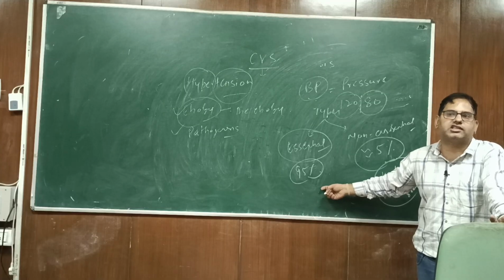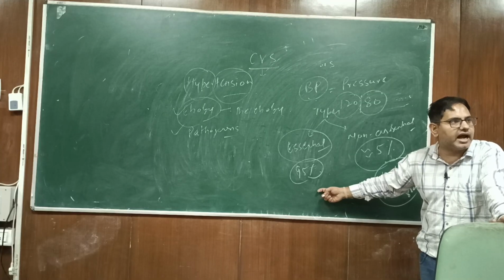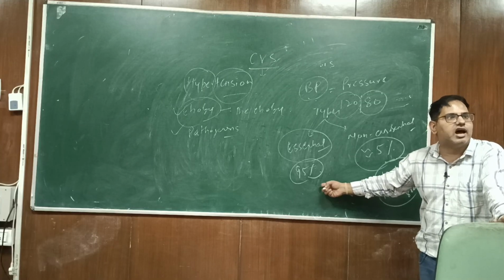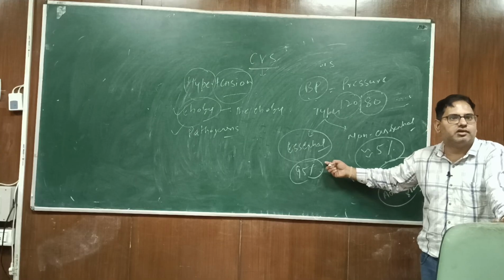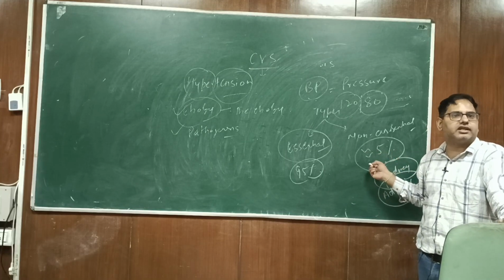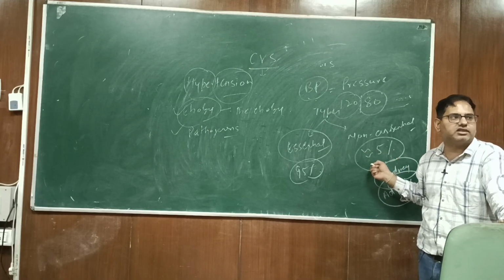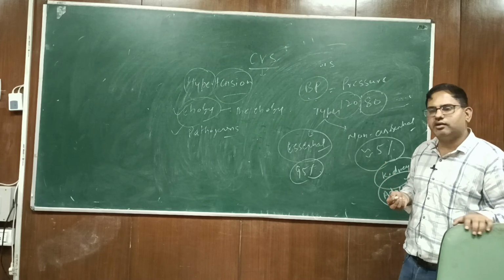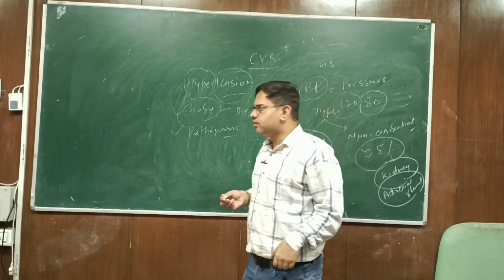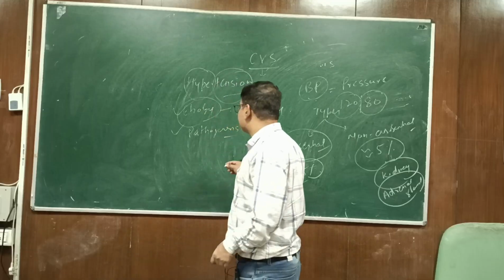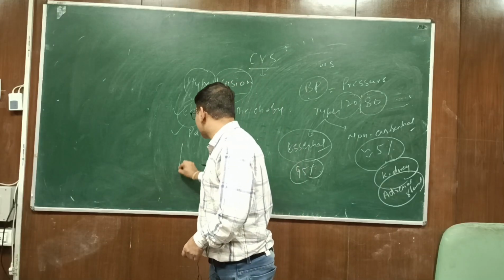In the epidemiology section, what you have to write? Approximately 95% of the cases have primary hypertension, and approximately 5% of cases have non-essential hypertension or type 2 hypertension. Got it? Now pathogenesis. So in pathogenesis, again what you have to understand is